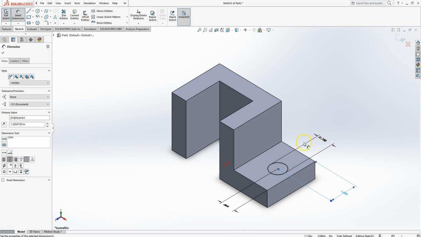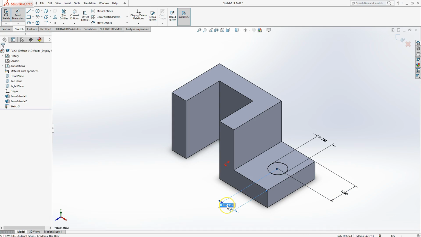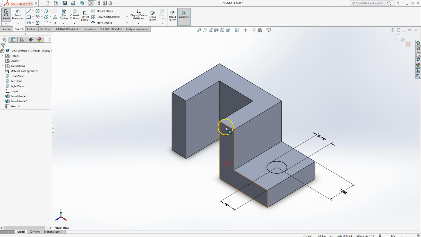You'll notice this is black, it's fully defined, so I'm going to go ahead and put the appropriate dimensions. So it is going to be 750 and 125. So this dimension will be 0.75, and this dimension will be 1.25. Fully defined, right click, select,